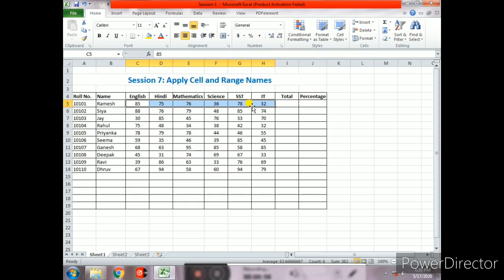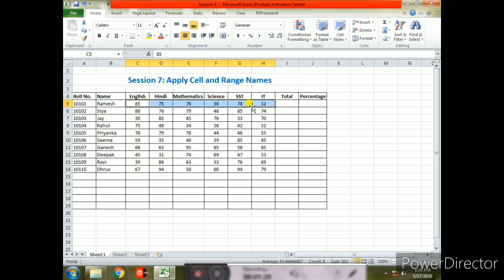Naming a cell or range of cells is a much more user-friendly technique than working with cell coordinates because we can easily understand or learn the names. You can use it for quickly locating a specific cell by entering its name. This could be useful when working with a large spreadsheet. When we have long information, then we can use this feature, naming a range.